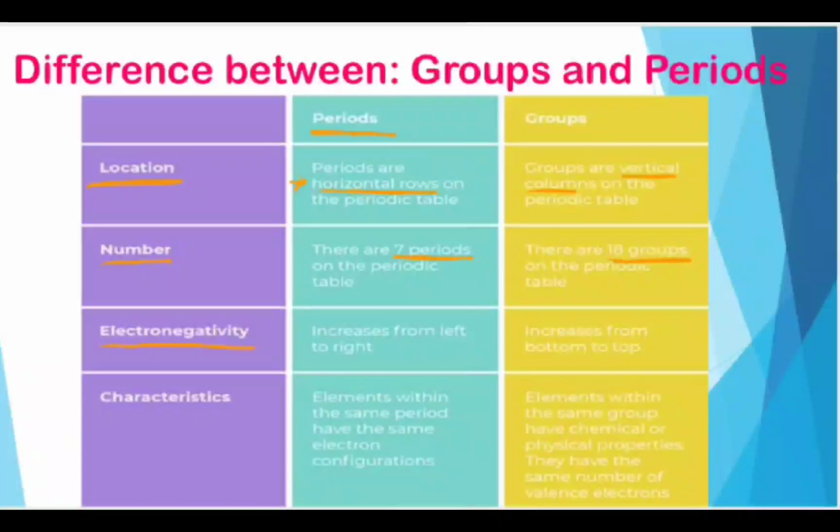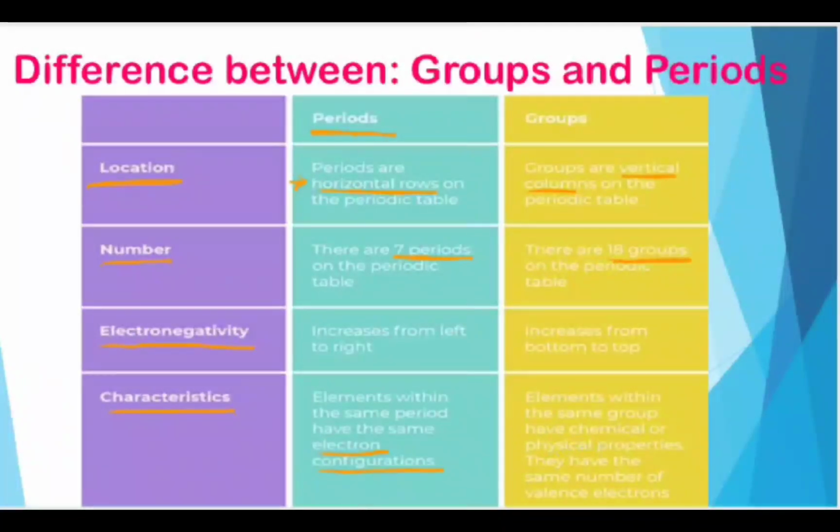So, children, lithium has only 1 electron in its outermost shell. However, if you move across towards the right of the table, we have 7 electrons in the outermost shell, or for that matter 8 electrons as well, making them inert. Then the characteristics. Elements within the same period have the same number of shells, if you move horizontally in a particular period.